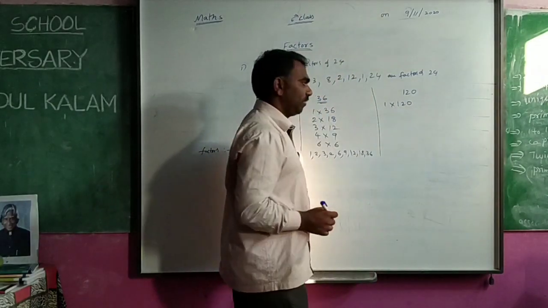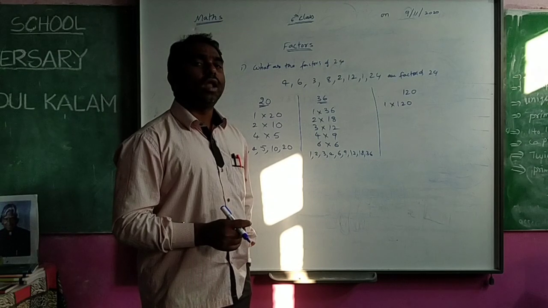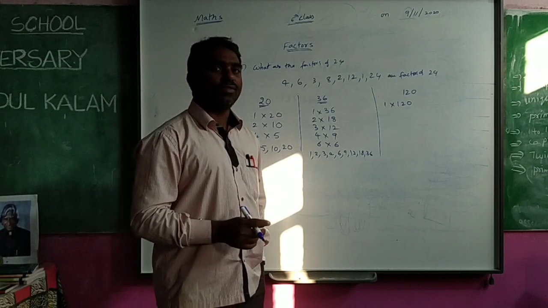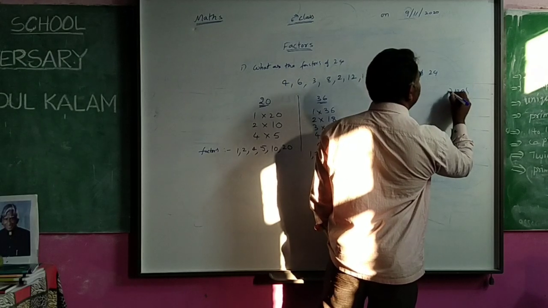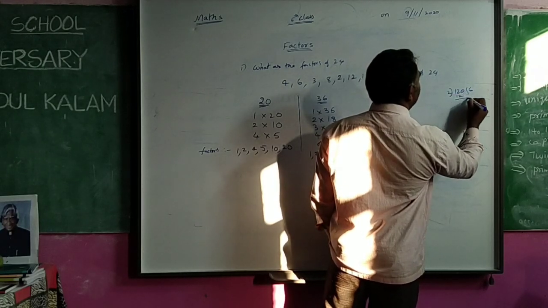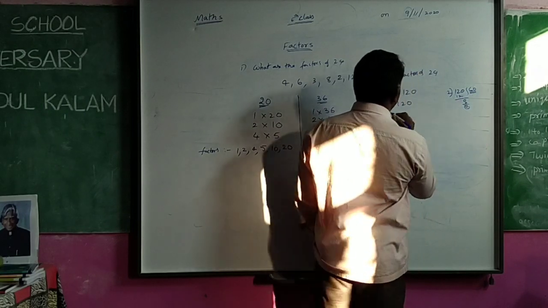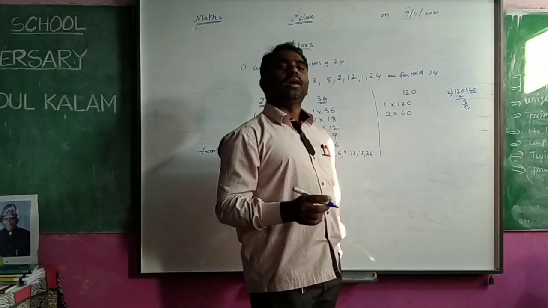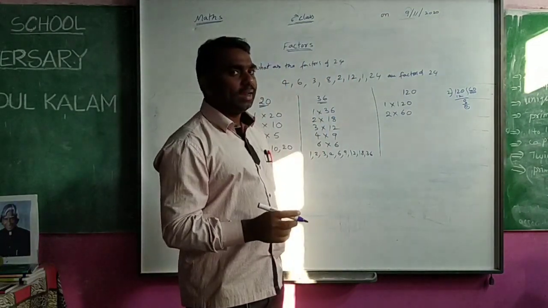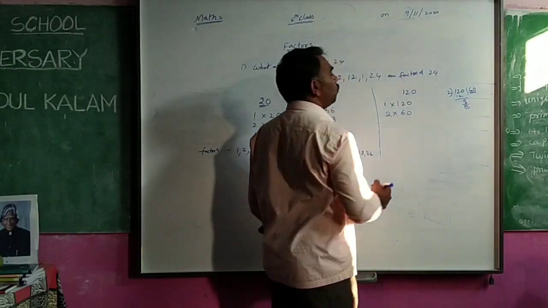Next the 2 table. Yes, with yesterday's rules you know: the last number is 0, that's why it comes in the 2 table. How does it come in the 2 table? You check with division. 2 6s are 12, 2 zeros are 0. Means 2 60s are 120. After that, the 3 table. Will it come in the 3 table? Yes. How? Adding the digits, 1 plus 2 is 3.